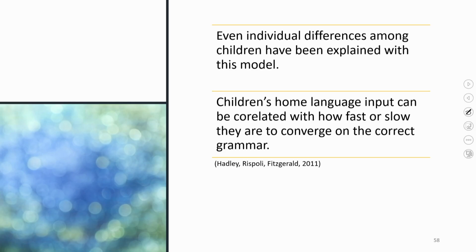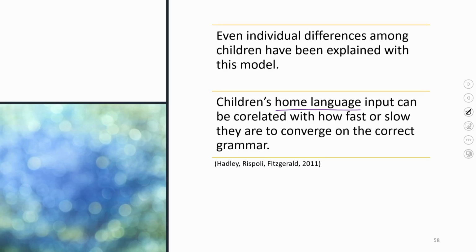So, now we see differences in terms of languages. We have already seen differences in terms of languages. Now, we see differences even within the same language, but different children having different paces of learning. Not every child attains the same level of proficiency or mastery of language at exactly the same time. So, this also has been explained by the same theory, that the parameter here has to be the children's